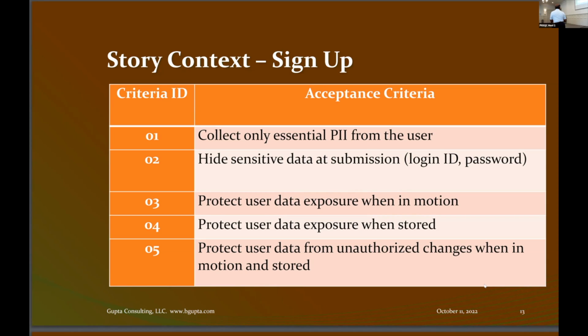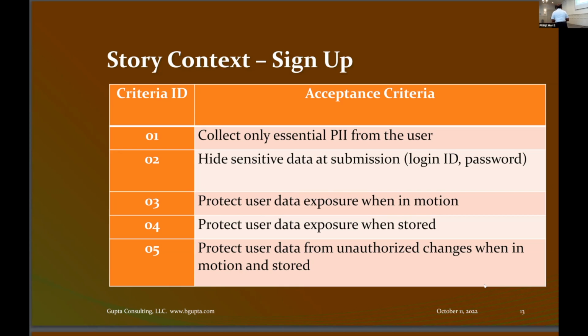The next one would be, whenever I'm sending sensitive data, that's an acceptance criteria for the person who's going to buy your system or use your system. Second, hide my sensitive data when I'm entering it, when the data is in motion online, and when the data is stored in the database. Make sure the data is not exposed to anybody who is not authorized.